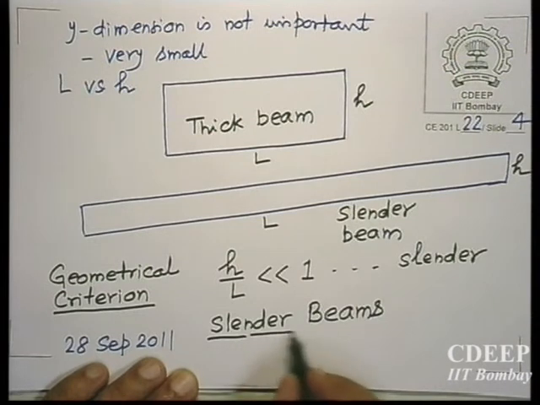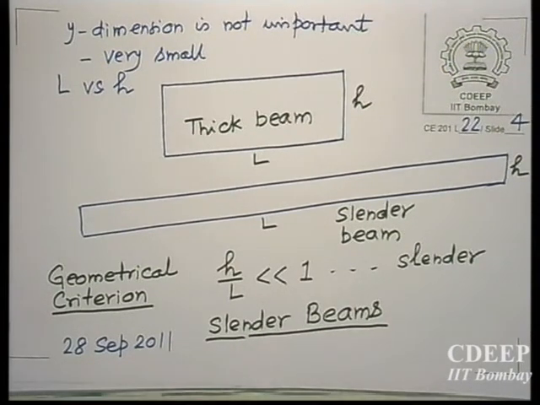Because there are certain considerations that have to be kept in mind when we are considering thick beams, or beams which are not slender. Some mechanistic behavior has to be taken into account. So for slender beams, for beams having a vertical cross section which has a plane of symmetry, a beam which has a vertical plane of symmetry,